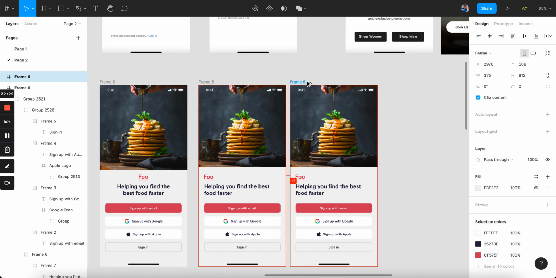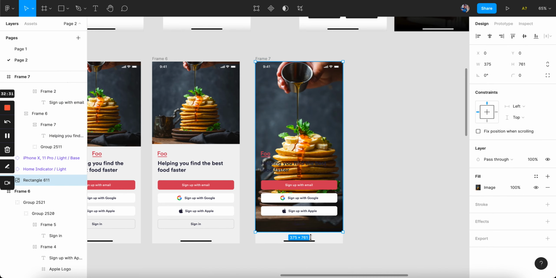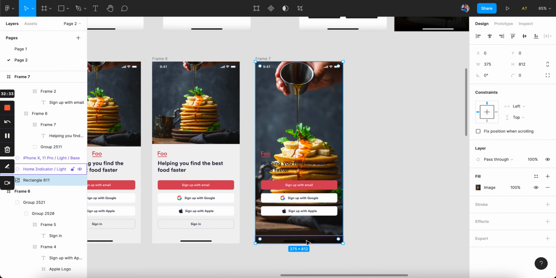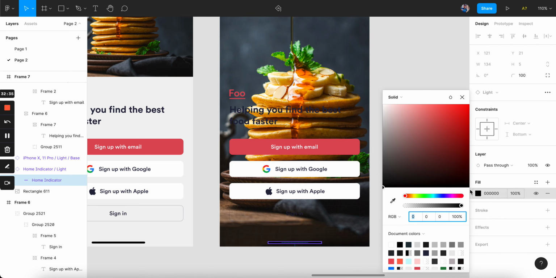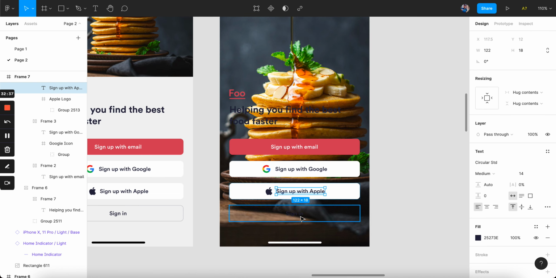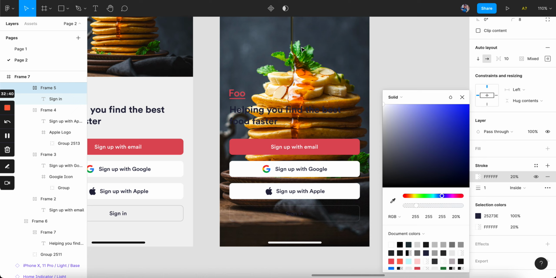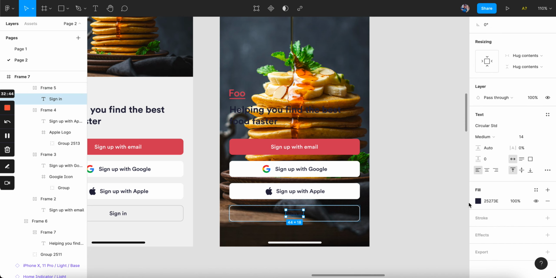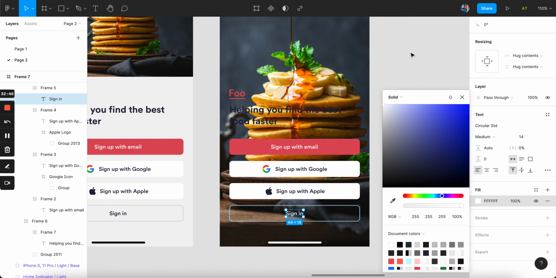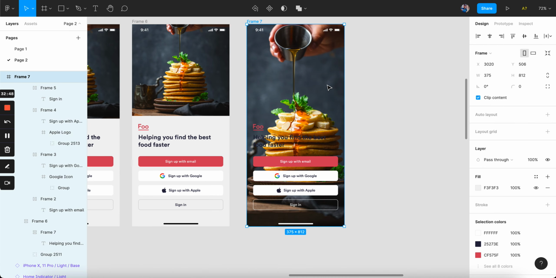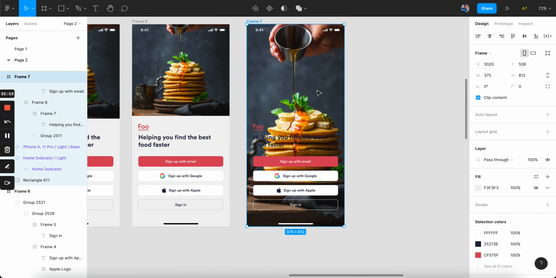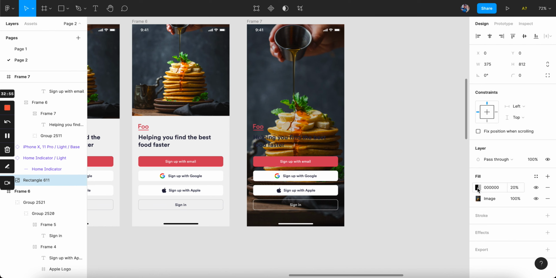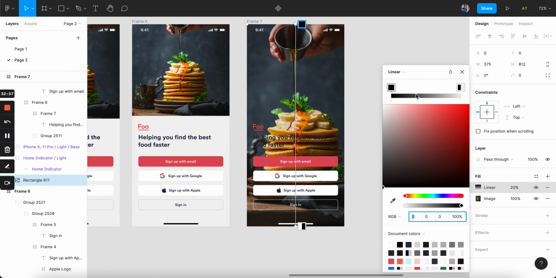Now we could try something very different where we make this entire thing full screen, okay, and we change the color of this to white. We change the color of this also to white. Maybe make this 100%, then make this also white, and we could add some sort of a gradient. So let me just add a gradient on the image. Sorry, I'm going to add that on the image, and I'm going to choose a linear gradient, just sort of inverse the colors,